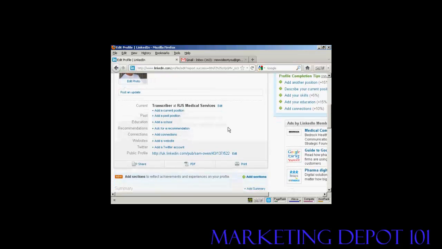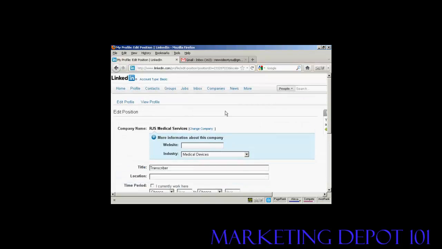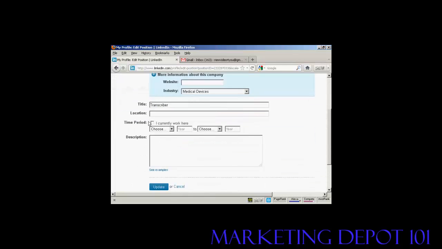So now I need to add my details about my current position. It says here transcriber at RJS Medical Services. So we want to add some more details about that. So we can click here on edit. I want to say that I currently work there, and we'll say when I started. Let's say I started in September 2008,